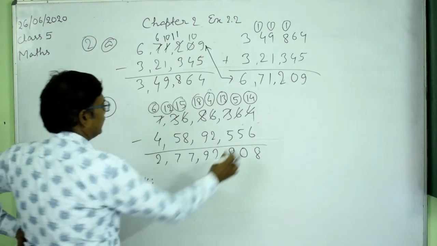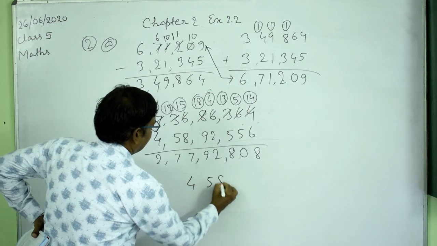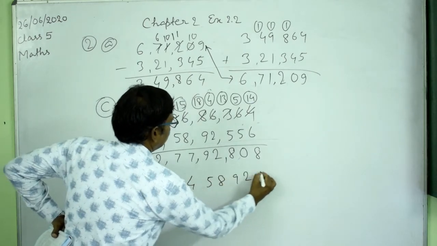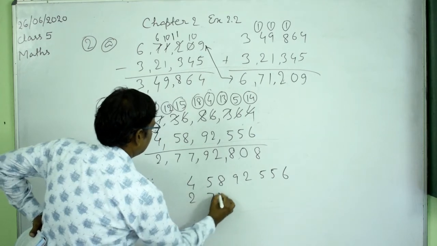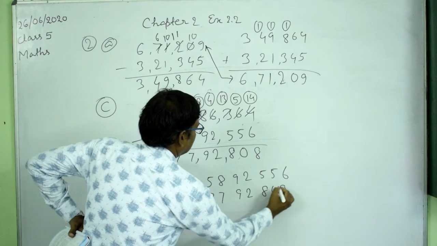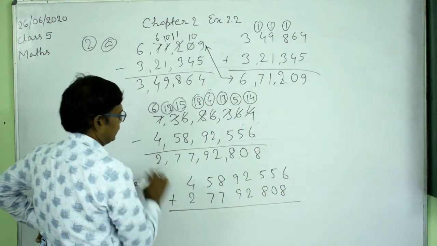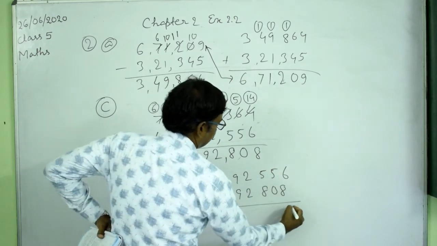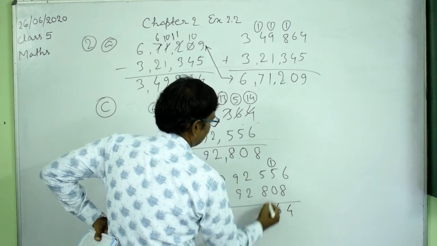Check. So here add these two numbers, that is 4,58,92,556 and 2,79,28,08. So add these two numbers, that is this number and this number. So 8 plus 6 is 14, then carry 1, then 5 plus 1 is 6, 8 plus 5 is 13,